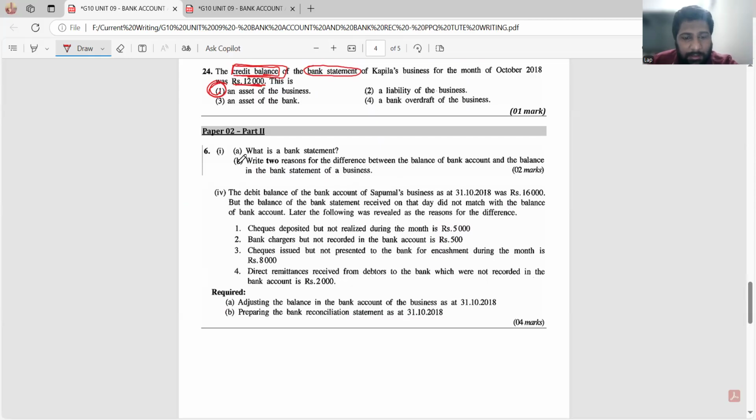Question 6, part 2. What is a bank statement? It is a statement which is sent by the bank where a business has done transactions through the bank, generally through the current account. Those transactions will be mentioned in the statement and it will be sent to the address that we have given. So in simple terms,